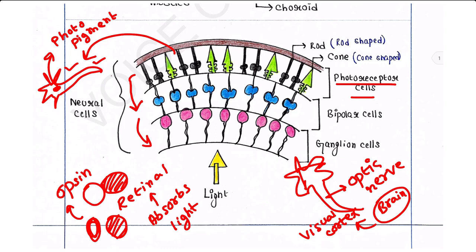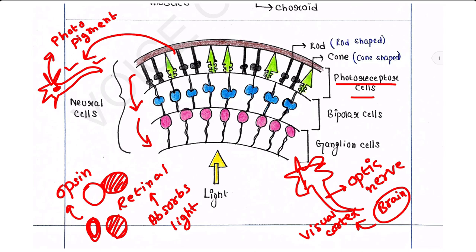So opsin and retinal are now separated. When they are separated, there will be photobleaching and a difference in their structure. When the difference in their structure occurs, the membrane potential of the photoreceptors will change. That will yield a nerve impulse, and the nerve impulse will now flow down from photoreceptor cells toward bipolar cells,